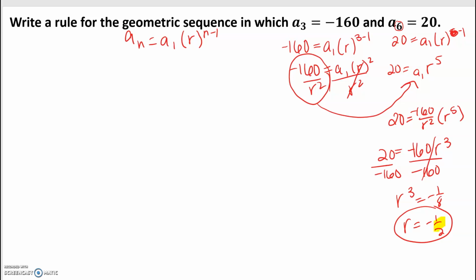Right? Again, I'm going to take that and I'm going to plug that back in up here. I get my first term is a negative 640, and I plug that in, so I get negative 640 times negative 1/2